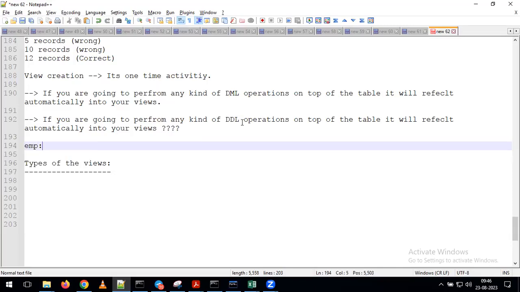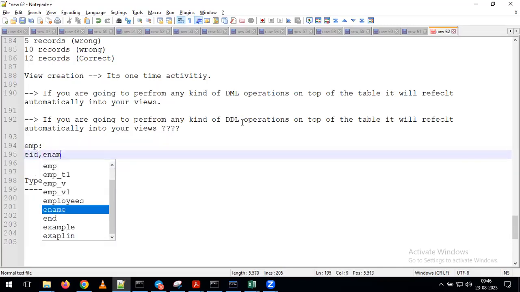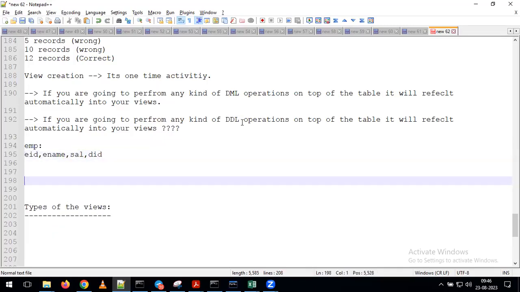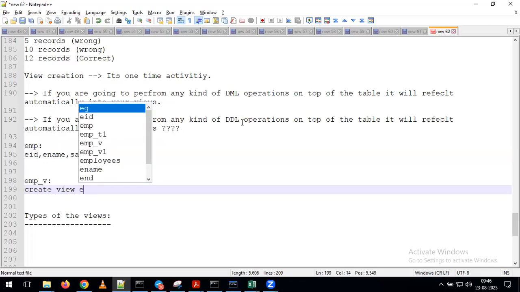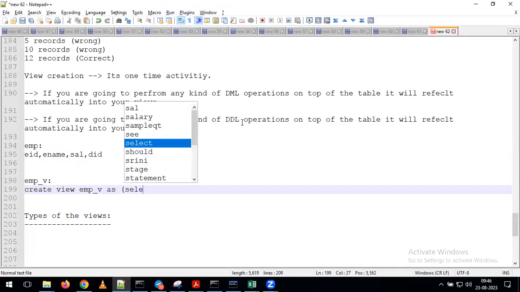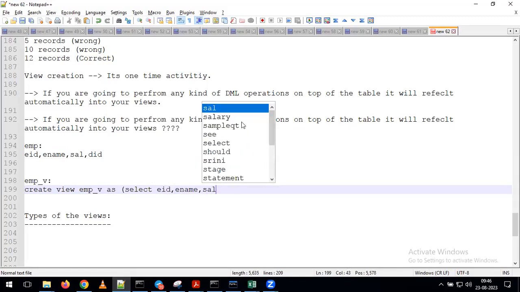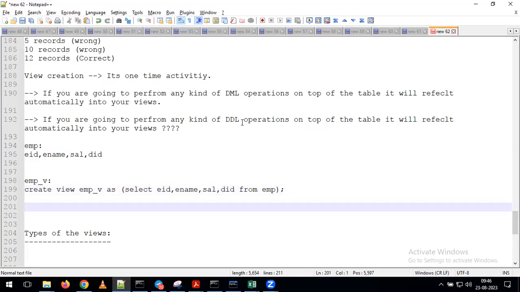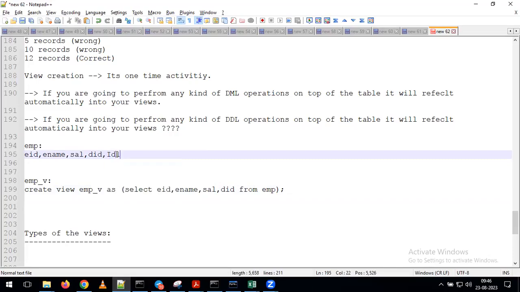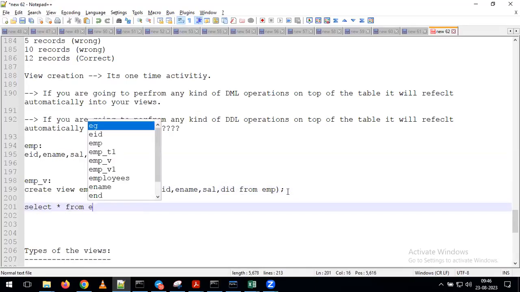For example, see here, the employee table. I'm having the columns like this: the EID column, ename column, salary column, and DID column. I am creating the view like this, emp_v. In the view structure, I'm giving create view, view name, as select EID, ename, sal, DID from the EMP table. Okay. Now this is the way we create the view on top of the table. Now, for example, in this table I am doing an alter operation, which is one of the DDL operations. Here I'm adding a new column, for example the ID1 column. Now, if I fire this query, select star from EMP_v,